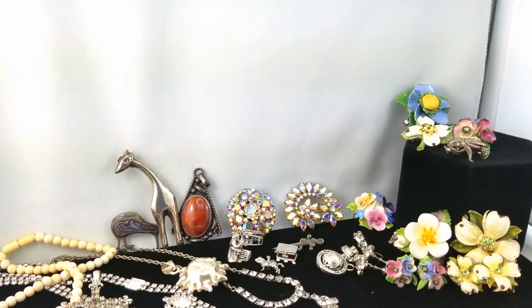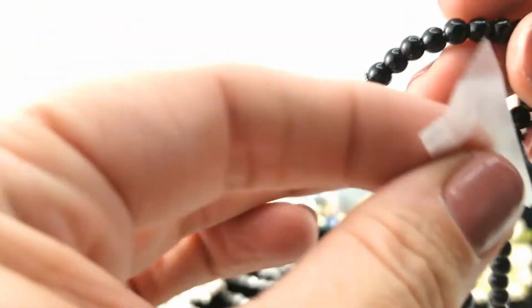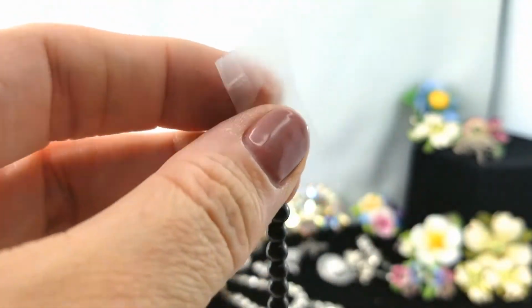Let's see what we have here. Oh no! Loose beads. All right, well, that's no good. I see what happened there now. Look at it, it's got some tape. So the end has been taped up like this, but the loose pieces are in here. It is a necklace,